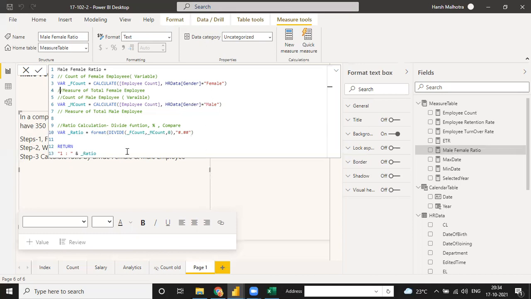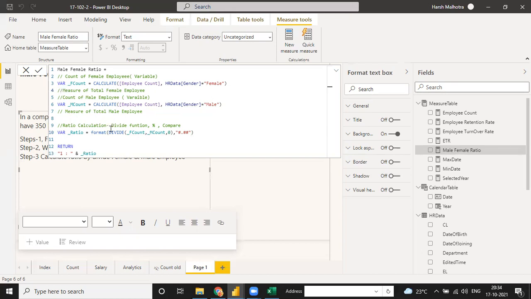This is what I just wanted to confirm. I mean to say, if we have a count of male and female, right, we can go with a simple calculation, only this calculation, only this var ratio. Yeah, right. And you have to calculate divide female and male, 0, and the return value is the 1:2 ratio only. You don't need to do this too. So that is the reason that I wrote it here.